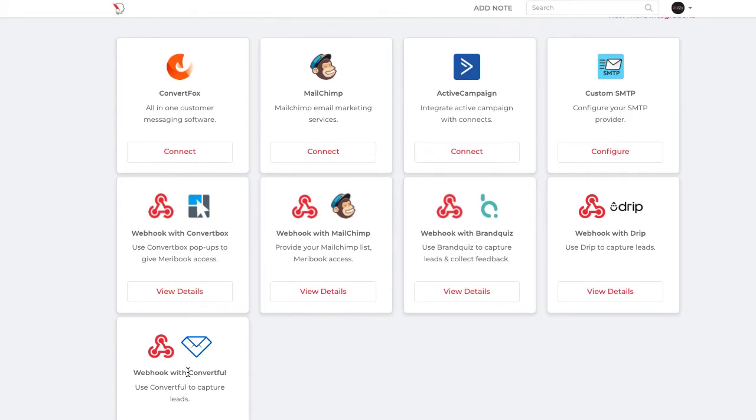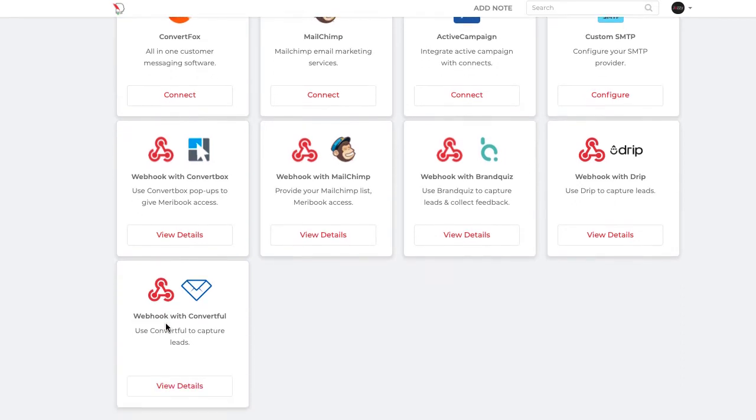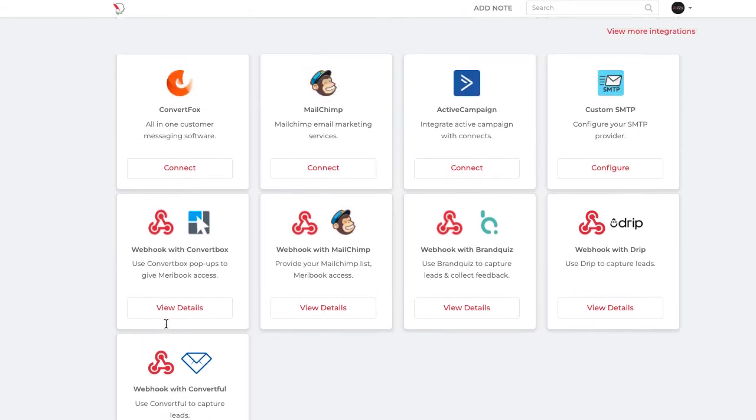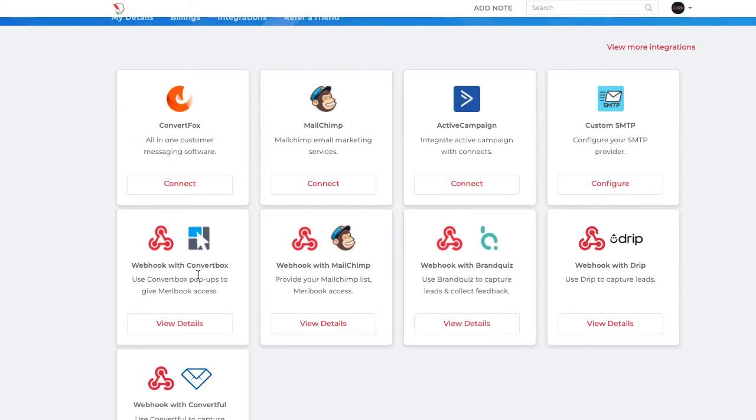Okay, so with that said, one of the big functionalities available to you as a Meribook user is you can have as many accounts or integrations of each service. You're not locked into one ConvertFox account. You can have 5 different ConvertFox accounts and connect them to 5 different books. So the flexibility you have with these integrations is just amazing, because you can literally connect one book to one account, and you can have 10 different accounts from MailChimp, and you can connect it to 10 books from